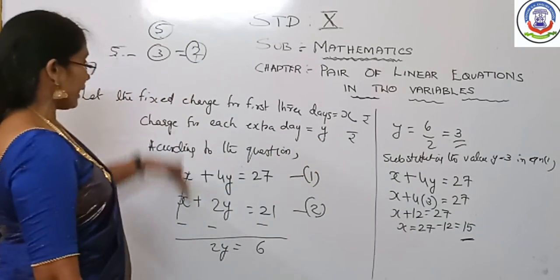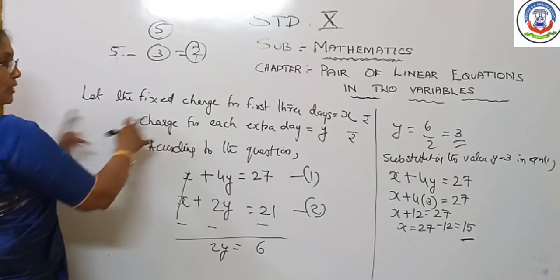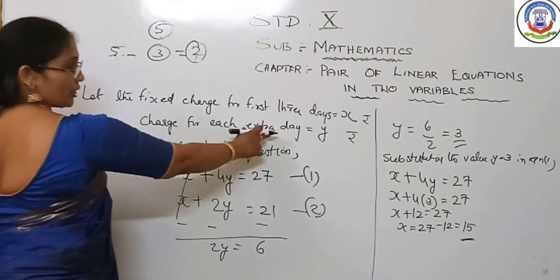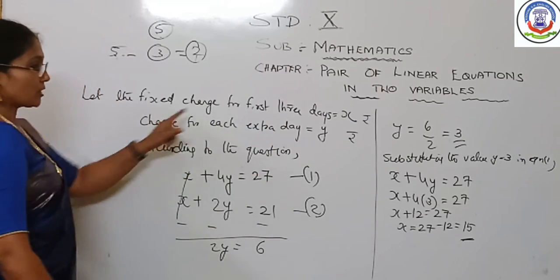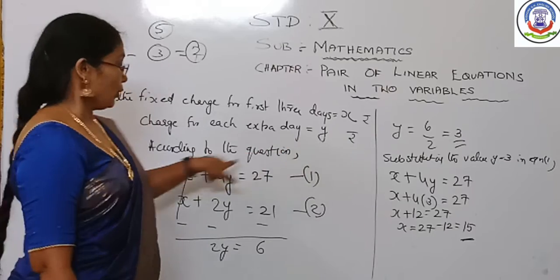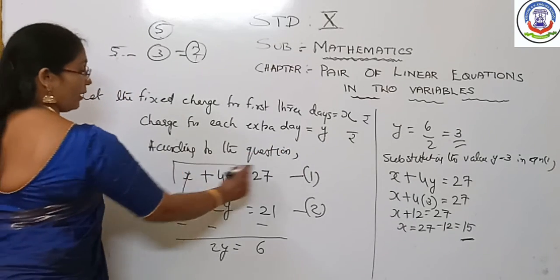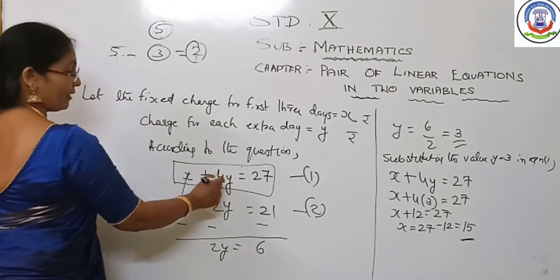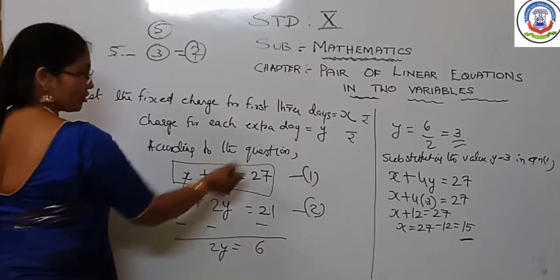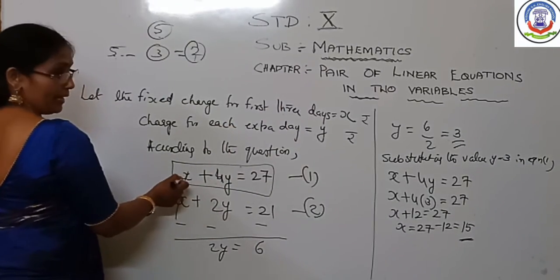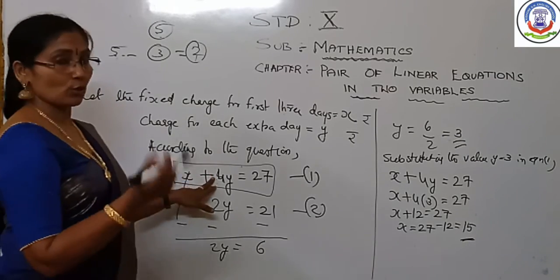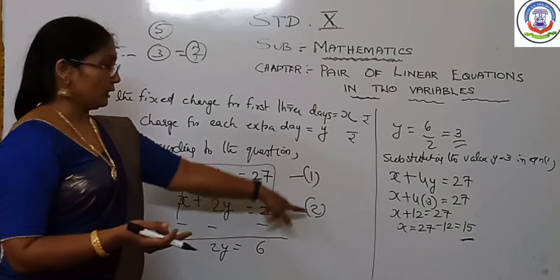Once more you have to write down that answer again. Therefore the fixed charge for the first 3 days is equal to 15 and the charge for each extra day is equal to 3 rupees. Now, clearly understood this one? It's a very important question for you because here you might have confusion. So here you will not write 7 here, because 7 days she has, including these 3 days, 7 days she kept. The first 3 days the charge was fixed. The next 4 days she has to give extra charge. Now you could clearly understand.